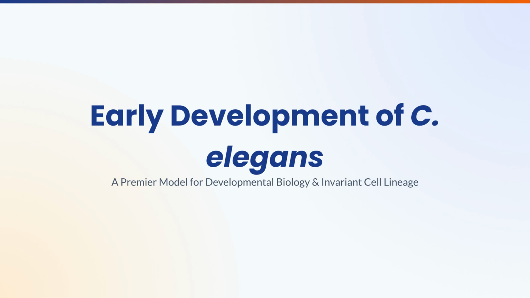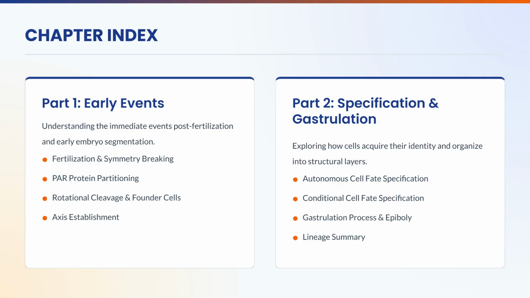Welcome to this video on the early development of C. elegans, a premier model for developmental biology and invariant cell lineage. This video is divided into two parts: early events and specification, and gastrulation. We will cover topics from fertilization and symmetry breaking to autonomous and conditional cell fate specification, culminating in a lineage